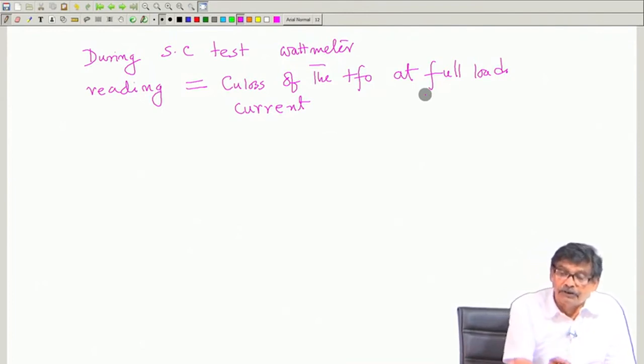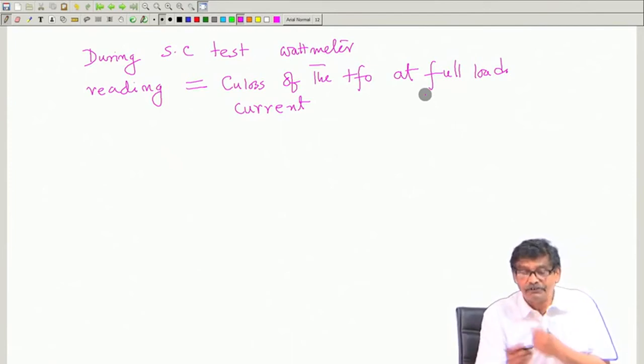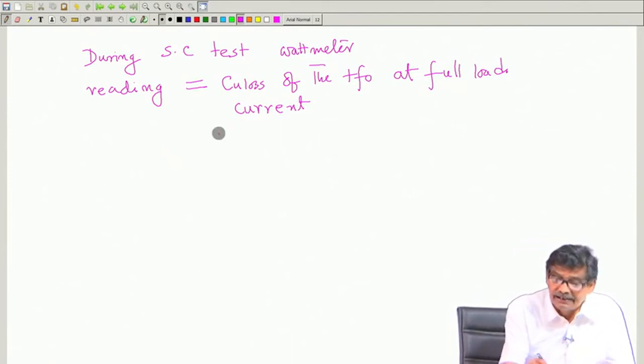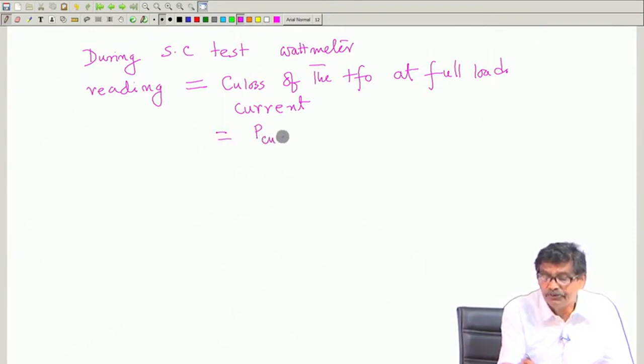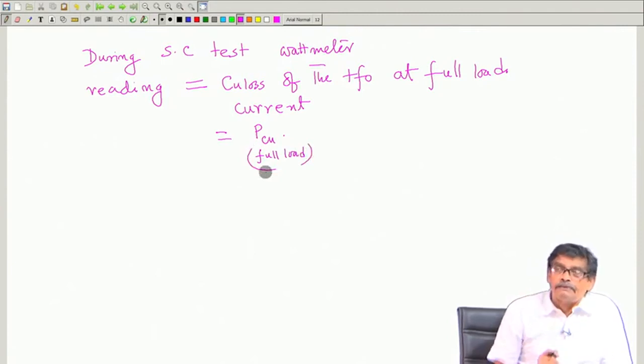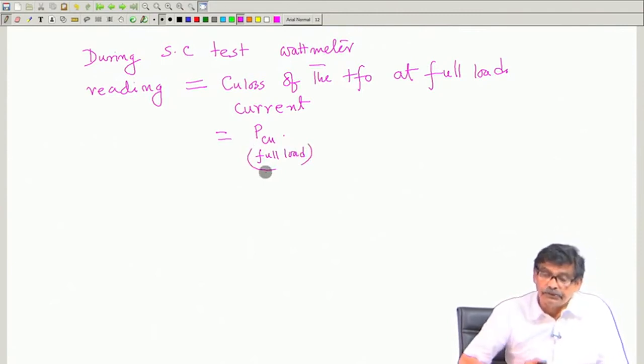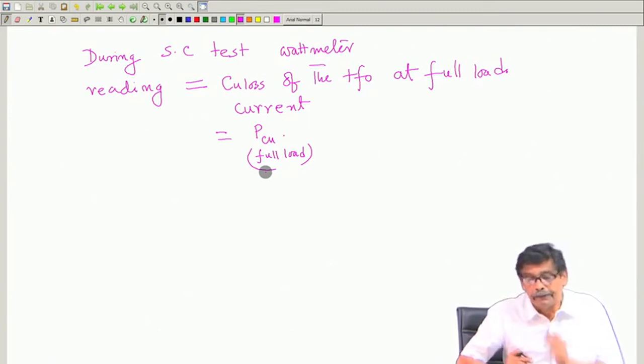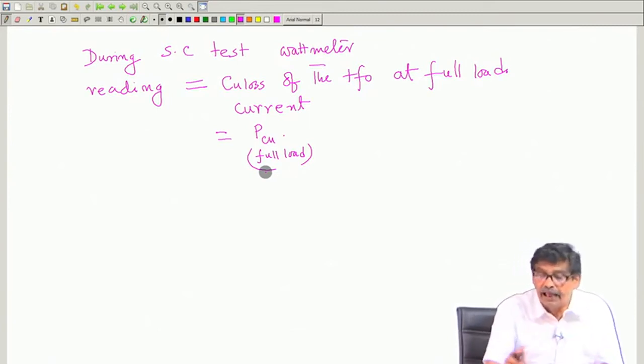Therefore, copper loss at full load current is this, and this I call as P SU full load. Let me write in longhand, so that it is understood. And P core